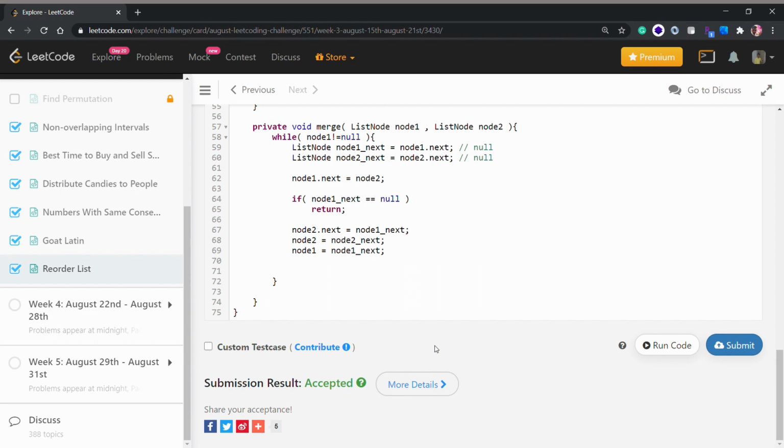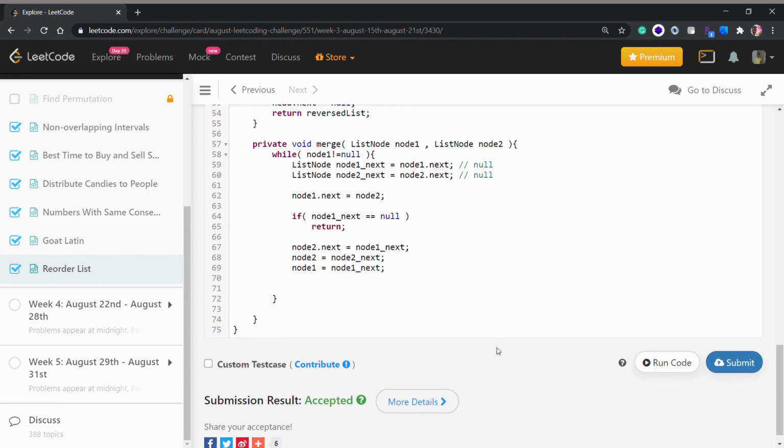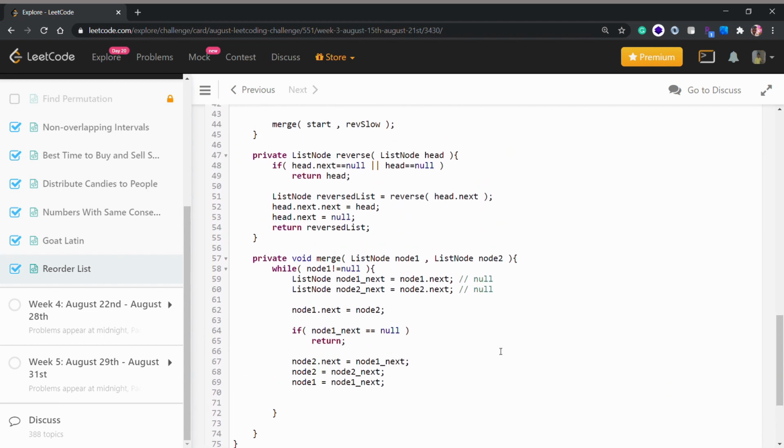I don't think it's a tough one if you have solved how to reverse a linked list and other problems related to linked list. At least if you have solved 2 to 3 problems on LeetCode related to linked list, this was relatively easy. You might have to think a bit, and initially it might seem a little difficult, but when you try to solve it, there are other approaches as well, less efficient. I think you can definitely come up with them. I definitely did. I came up with a kind of brute force approach, which was exceeding time limit. But then this was a perfect approach.